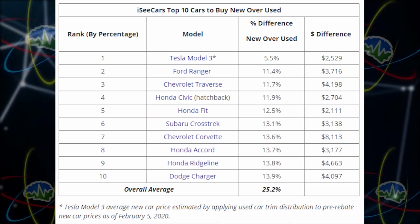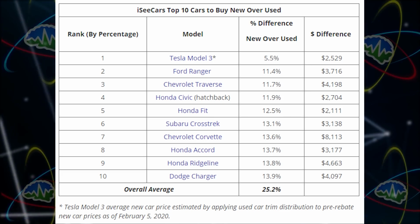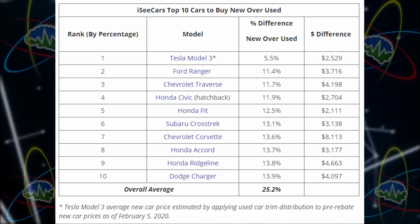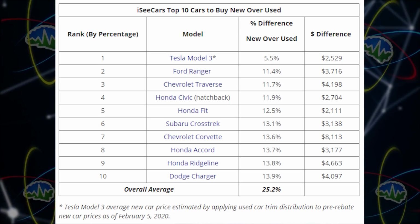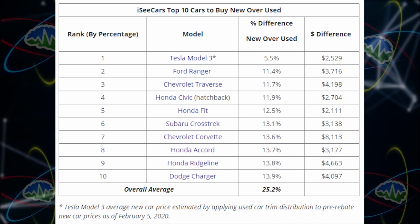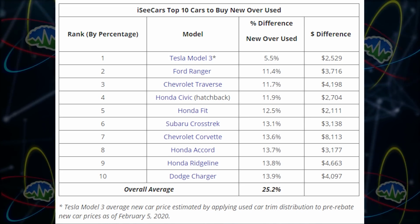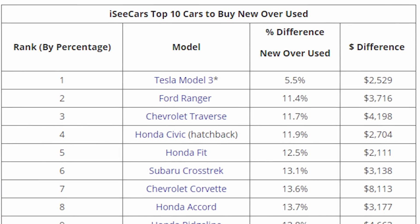Oh, interesting. And so iSeeCars.com analyzed prices from over 6 million new and used cars sold from August 2019 to January 2020, and it identified the top 10 cars that had the lowest price difference from their one-year-old used versions of the same vehicle and the cars with the greatest price differences. So Model 3 topped the list. It held its value the best. It lost 5.5% of its value. That is a loss of